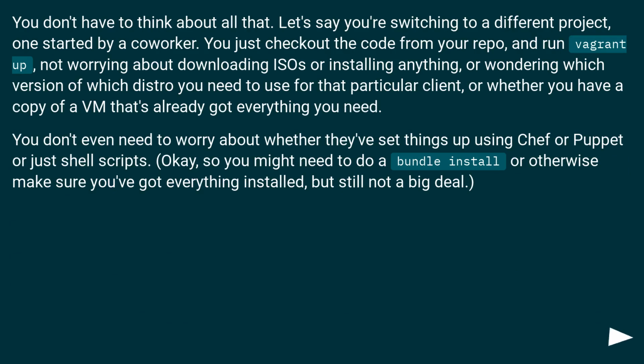You don't have to think about all that. Let's say you're switching to a different project, one started by a coworker. You just check out the code from your repo and run Vagrant up, not worrying about downloading ISOs or installing anything, or wondering which version of which distro you need